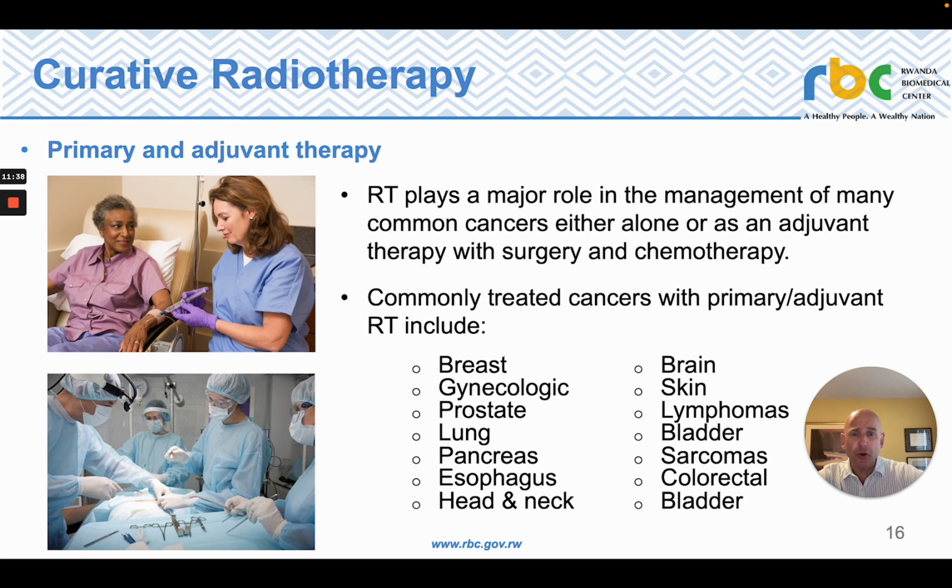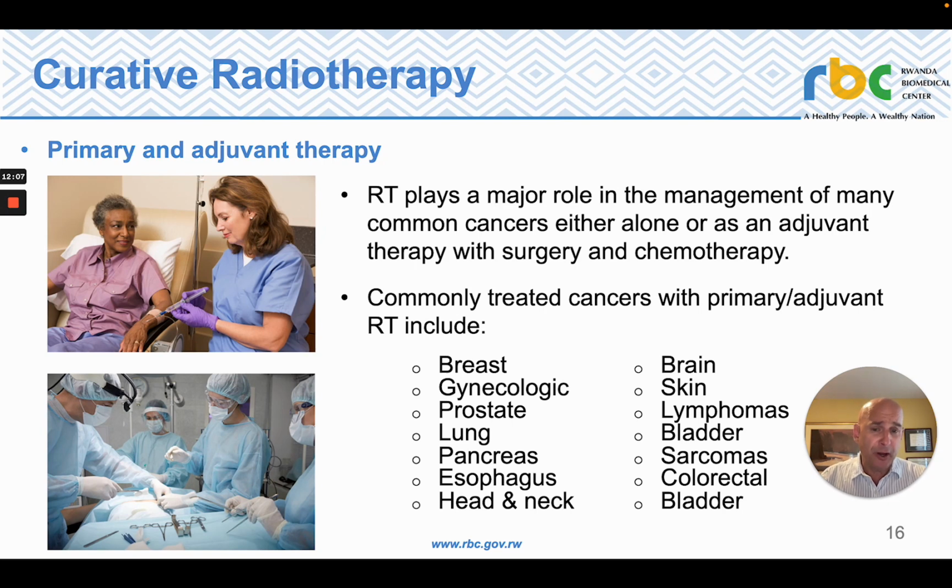When we talk about curative radiotherapy, it's important to know that radiotherapy plays a major role in the management of many common cancers. As I said, this can either be alone or as an adjuvant therapy in addition to surgery and chemotherapy. Some of the commonly treated cancers, either as primary therapy or as adjuvant radiotherapy, include things like